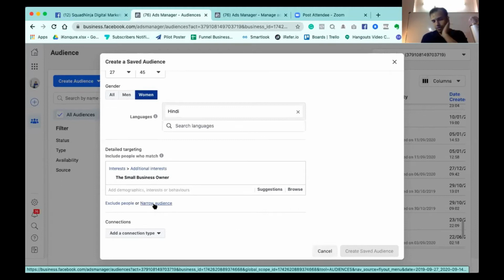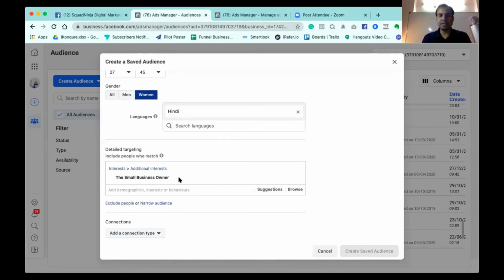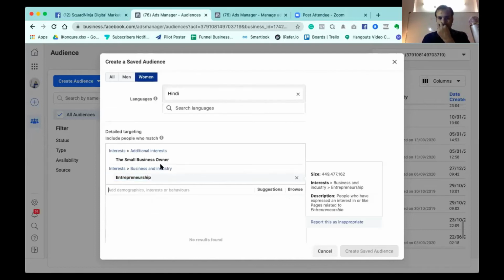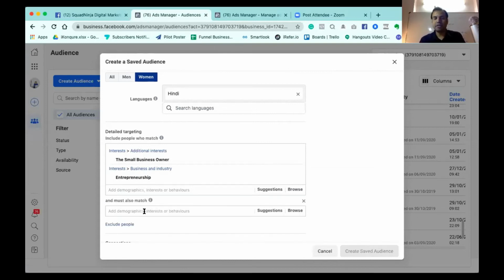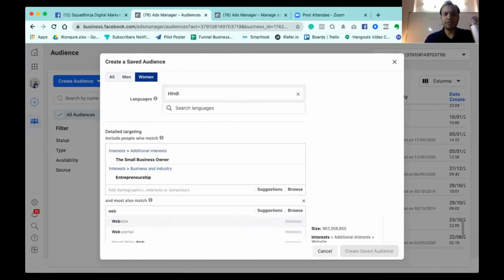Now I want to, okay, here you can have multiple interests. For example, I want to target a small business owner, and I also want to target those who have shown interest in entrepreneurship. You can put as many targeting options as you want, right? So I want to target small business owners and entrepreneurs, but those who also have an interest in web development, web developer.